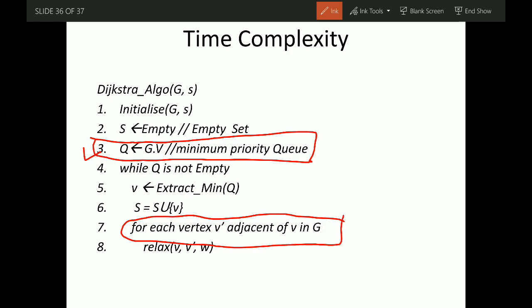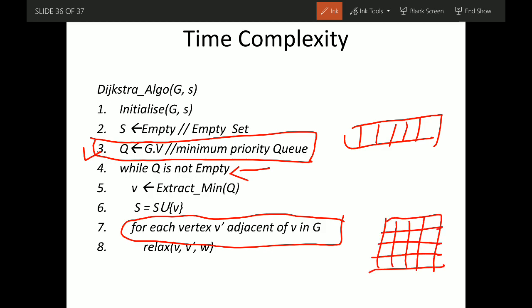Suppose we are implementing the simplest implementation of minimum priority queue, using an array, and we have the graph as an adjacency matrix. If these two are the assumptions, then the time complexity will be order of V squared, where V is the number of vertices. Why? Because the outer loop will go up to the number of vertices, order of V.